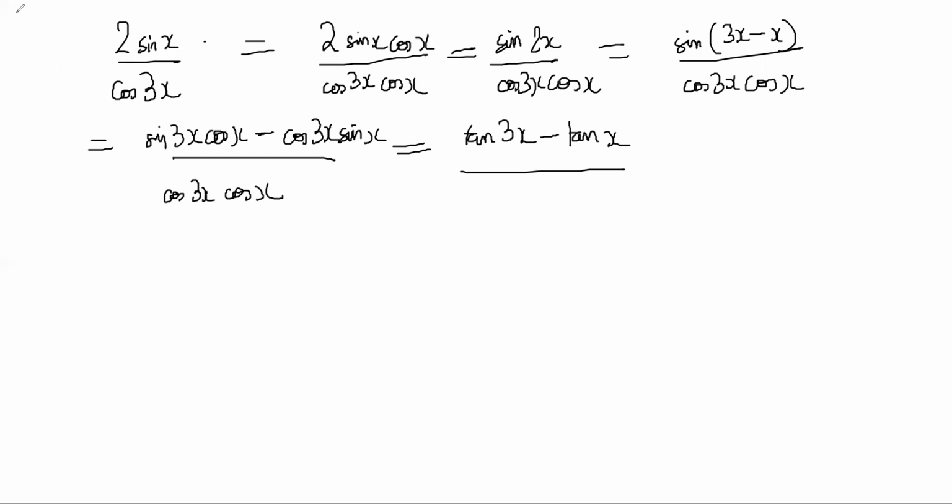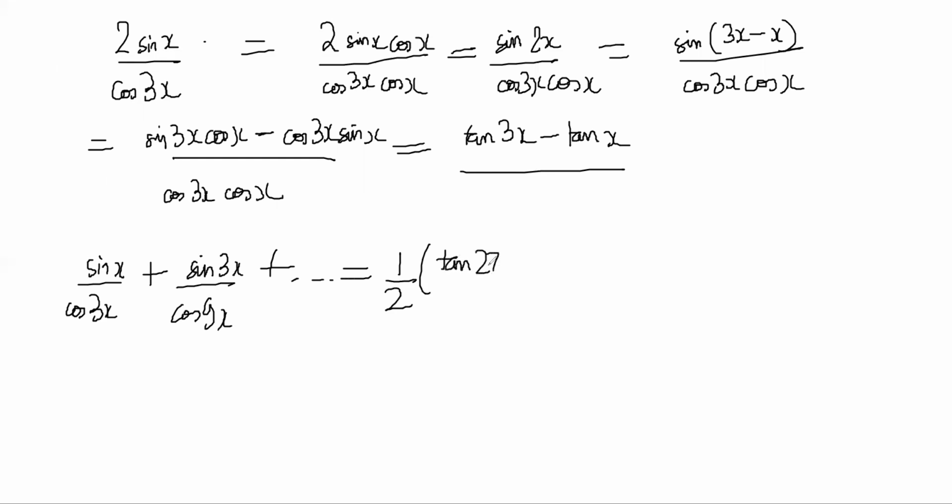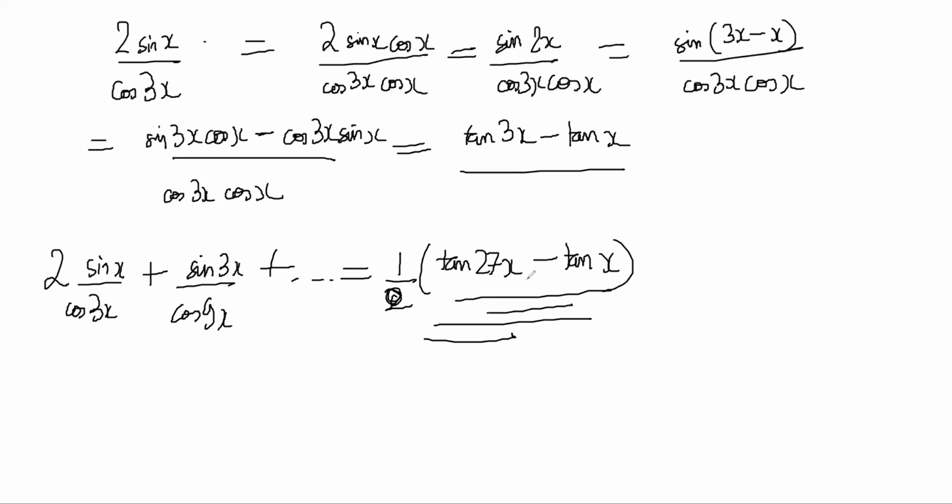So notice that earlier the question was looking like this: sine x by cos 3x plus sine 3x by cos 9x, and one more term, is equal to 1 by 2 of tan 27x minus tan x, right? This was how the question was looking, okay? And why did I do this to this side is because I have some knowledge that, see, the last term had the cos 27x, right? And it had a sine 9x or something, right? I have seen such questions before,